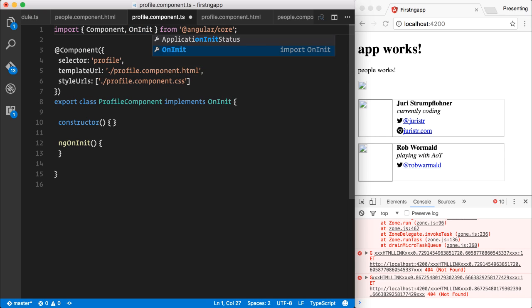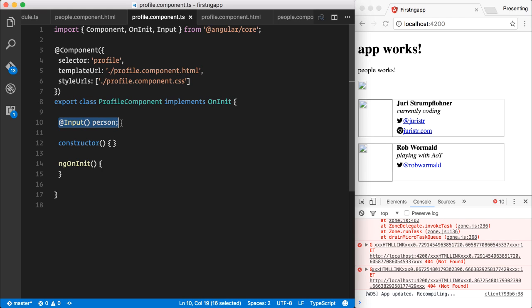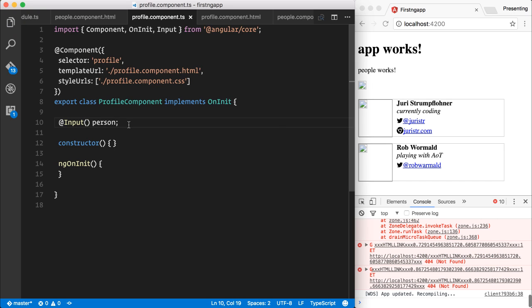We can do that by using the input property here, or better said, the input decorator, and define a person variable here. So that person is the property that can be used to input values from the outside. We could also rename that by providing a string to the input decorator, but that's actually not suggested. Great, so